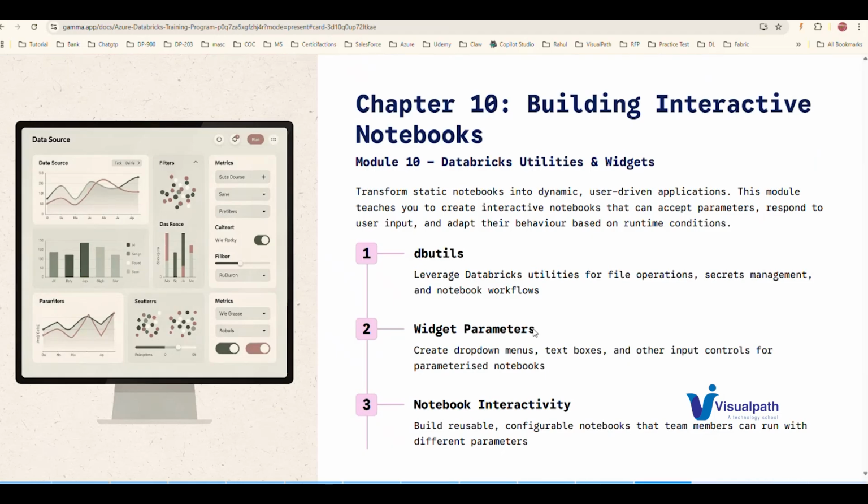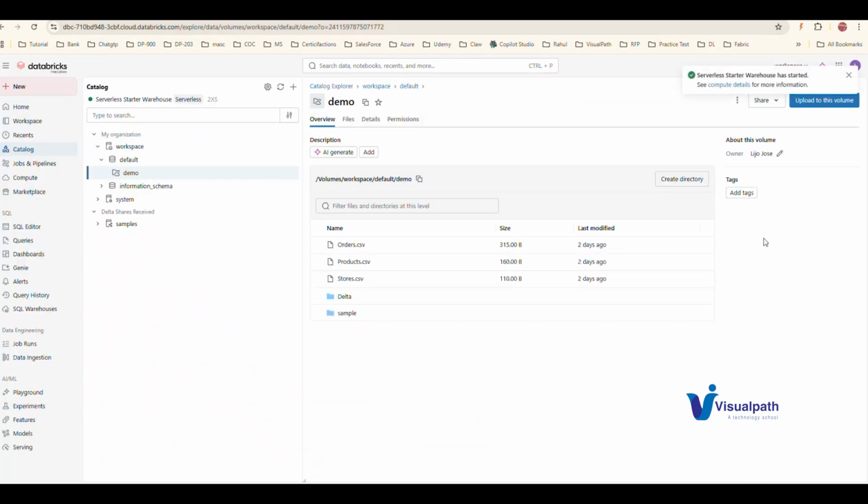The next thing is that we are going to an advanced level of notebooking. Here we will use the DB utilities and notebook interactivity. We will create reusable and configurable notebooks. This is a collaborative environment. Collaborative environment means, this is my login, and we can collaborate with other users. If you go into a company, you will not sit and work alone. You have a team there. If you have a team working together, we need a collaborative environment.